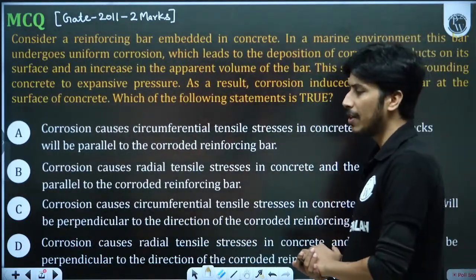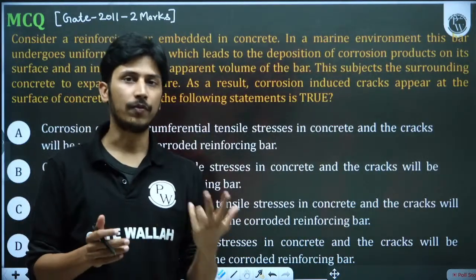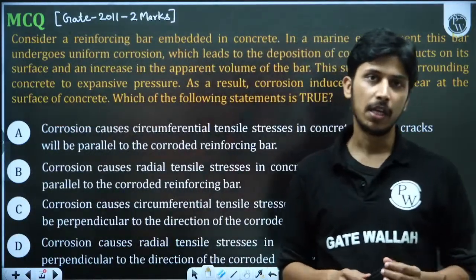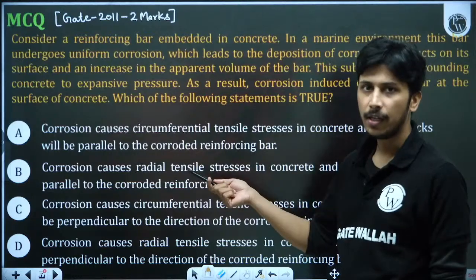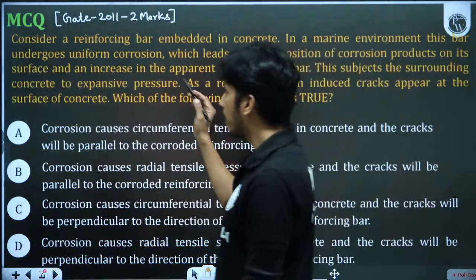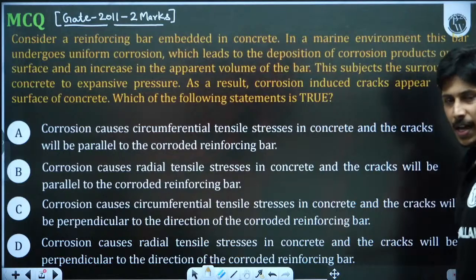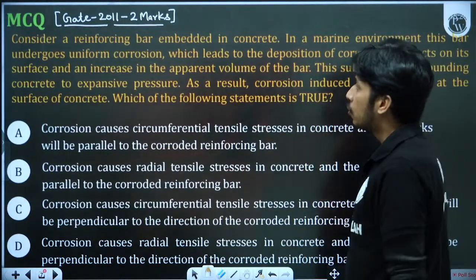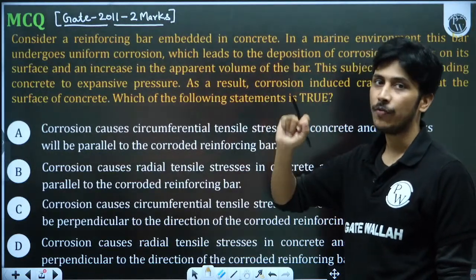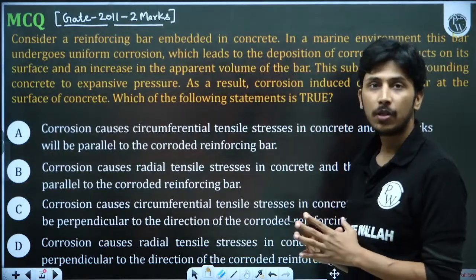So from 2014 or 13, GATE is taking the exam in 2 shifts. In the last 10 or 11 years, you will see that there are 2 shifts. But in 2013 and before that, only 1 shift was there. That is why I'm not writing the shift whenever I write anything from 2013 or before, because as far as I remember, from 2014 they are taking it in shifts. So in this question, why is it of 2 marks? Because students don't know the way cracks propagate. How a brittle crack propagates, how a flexible crack propagates, the students don't know. That is why this was asked.